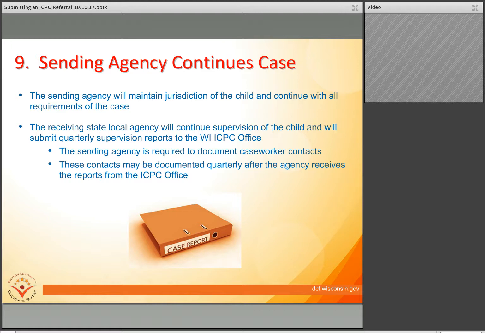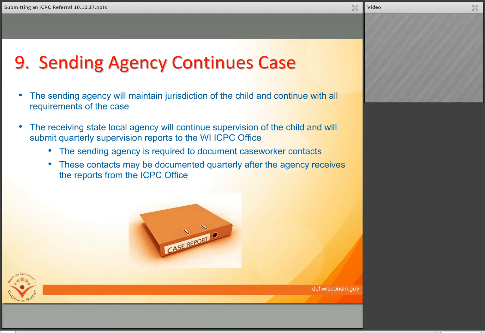And finally, during the case, you should note that some states do not actually allow their local agency caseworkers to directly communicate with Wisconsin caseworkers for the purposes of case management, and actually require that all case communication be routed through the ICPC offices. This is per the state's local and state requirements, and we cannot override that policy.